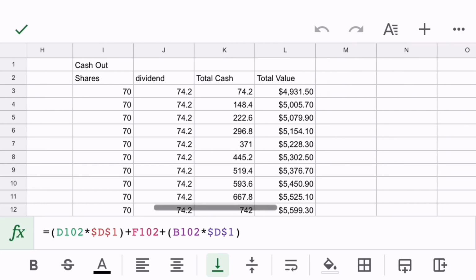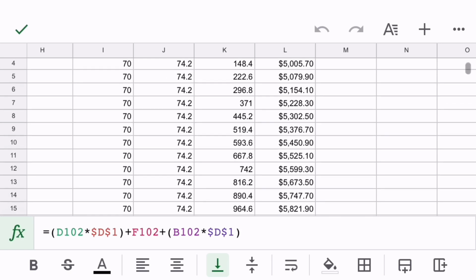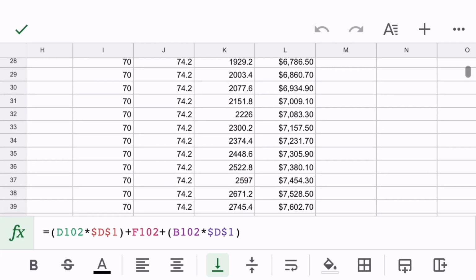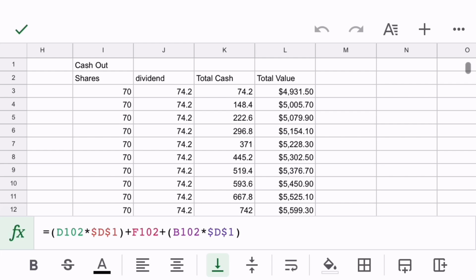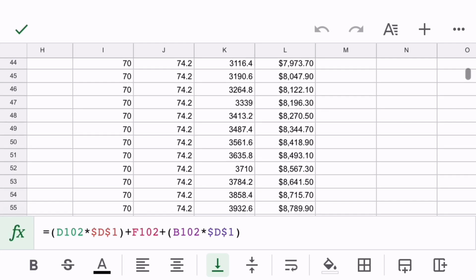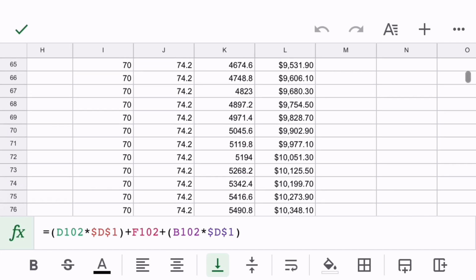So it's the same thing, except now instead of reinvesting our dividends back into the account, we'll just take it as cash. So the same thing applies. In the first few years, the difference isn't a whole lot, but once you start rolling down the list here, you'll notice that the DRIP becomes a lot more valuable. So I'm scrolling down to the bottom here,